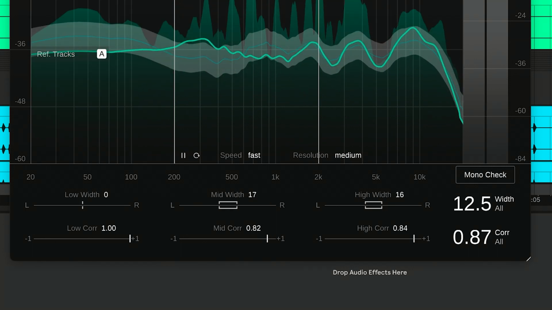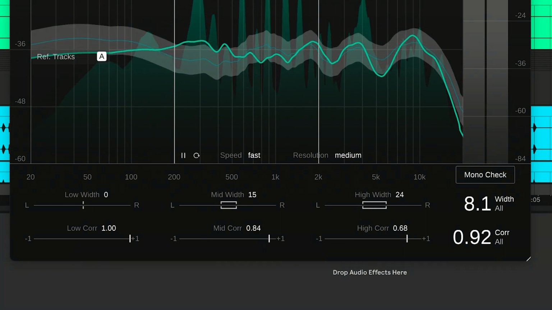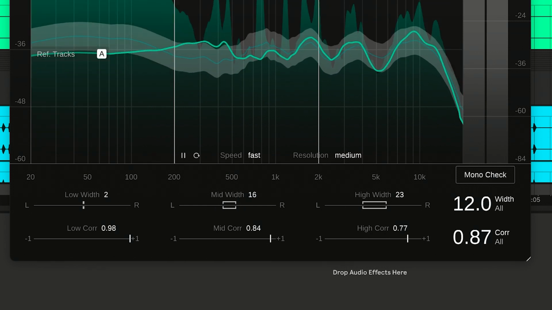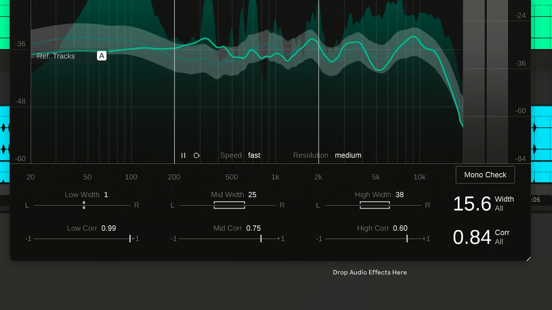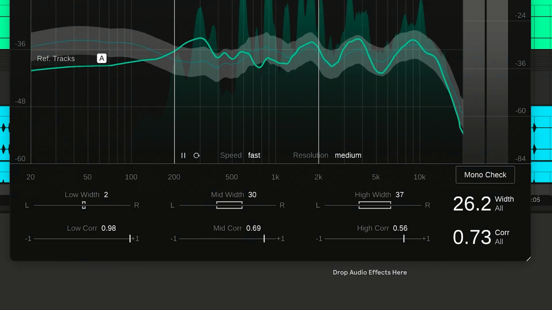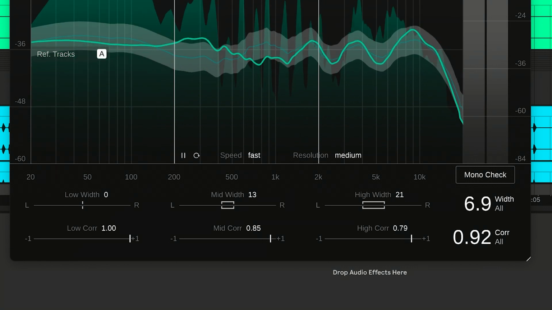Width indicates how wide the stereo image will be perceived. A very high width value shows that a lot of the signal's energy is coming from the sides. The correlation value is a metric for the similarity of two signals. A correlation below 0 indicates out-of-phase components that will typically lead to unwanted phase cancellation effects when the signals are